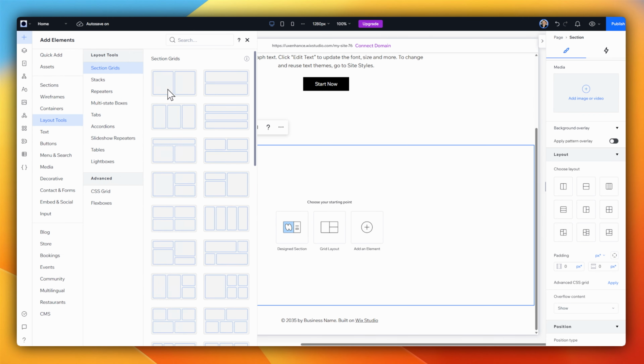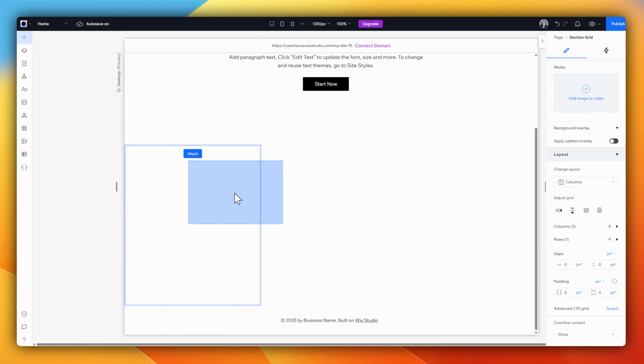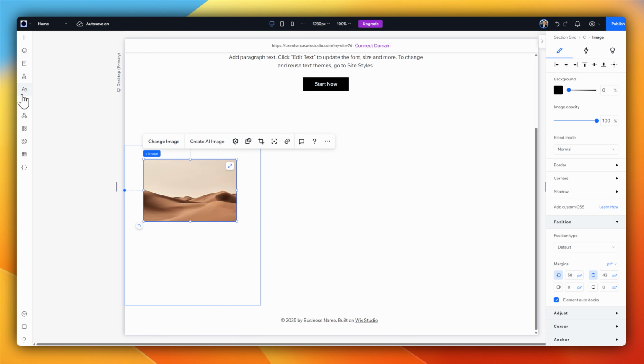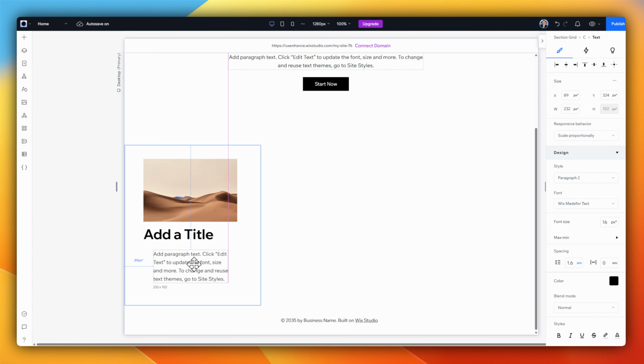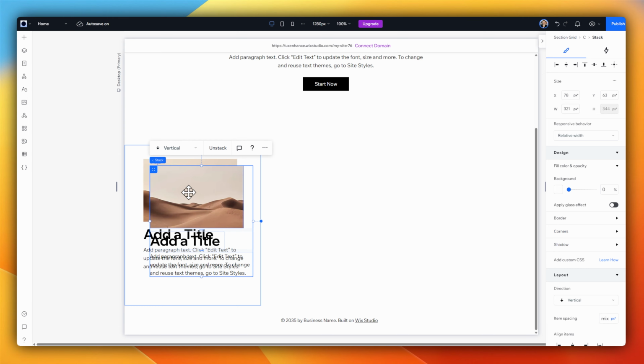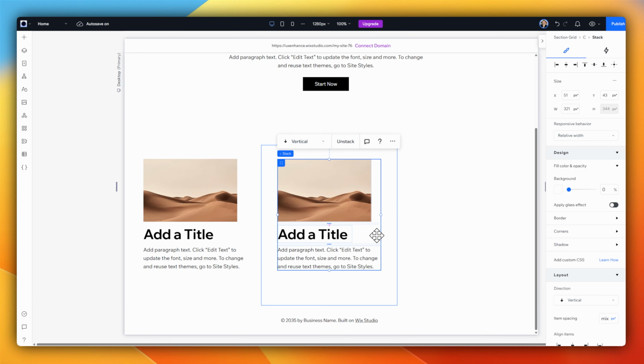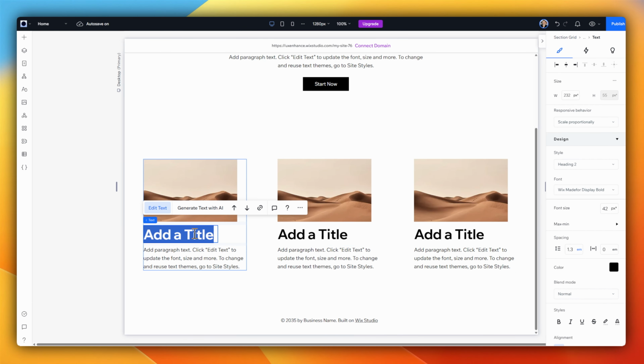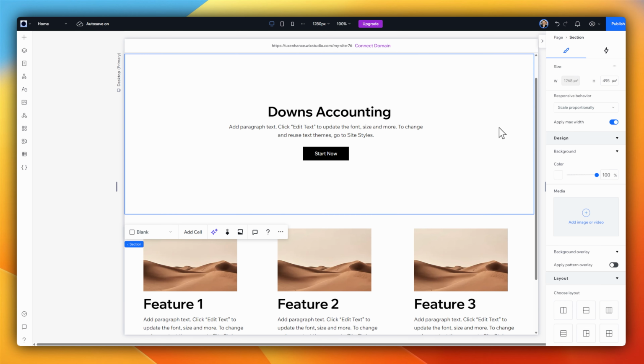Underneath that, I had the feature section. It was a 3-column design with a picture, a title, and a description. So I'm going to replicate those over here and turn them into a bit of a group that I can copy across. Now that we have replicated the wireframe, I'm going to see if I can pass this back into